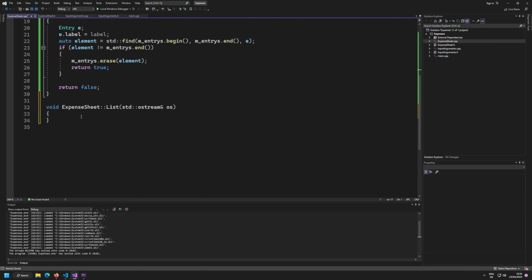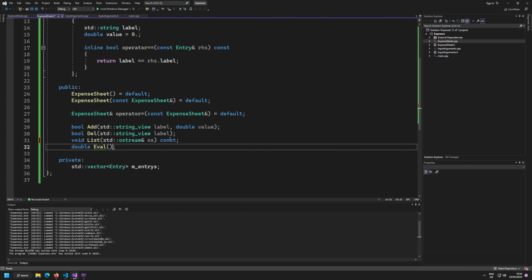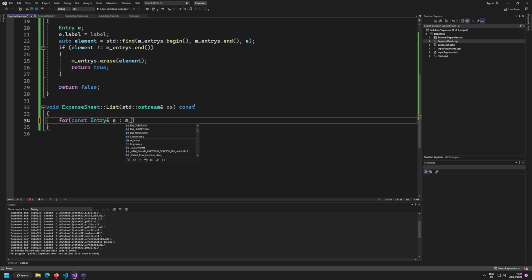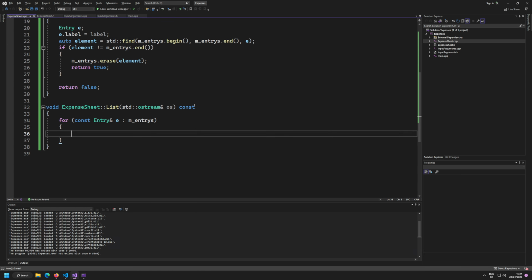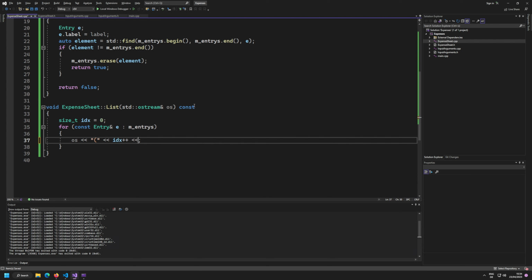Now we're going to go into the list function. The list function is going to be really, really simple. We basically just say for entry, or for... Actually, the list function can be constant, the same with the eval, because we don't change any internals. So let's make them const. And what I'm going to do in here is say for const Entry reference e in my entries, I'm going to go to my OS. First of all, do I want to provide indices? Yeah, let's provide a bit of counting. Let's provide a size_t idx, and I am going to print out idx++, and then I want to print the label,